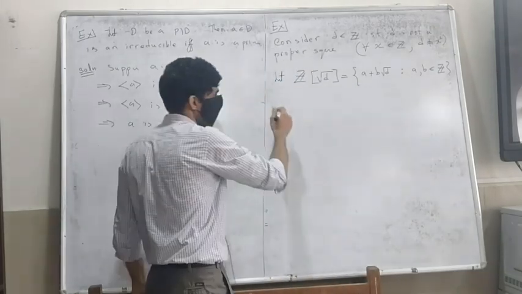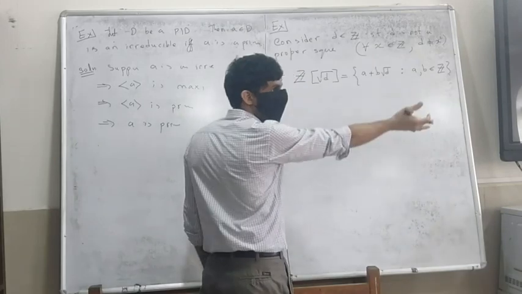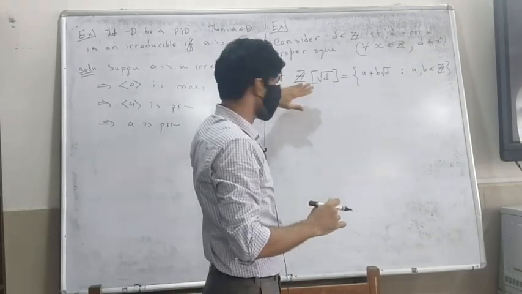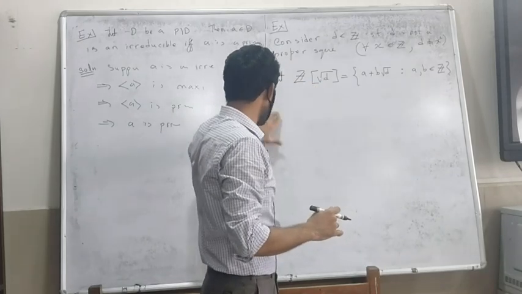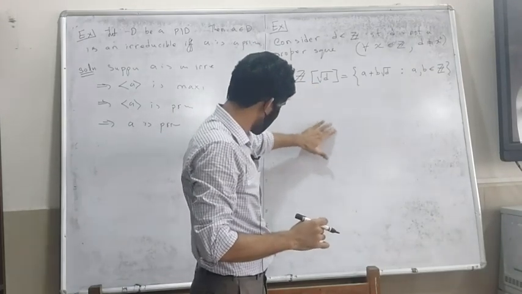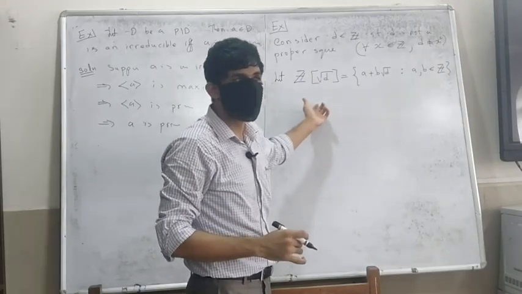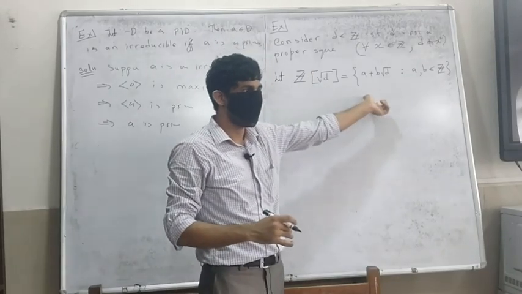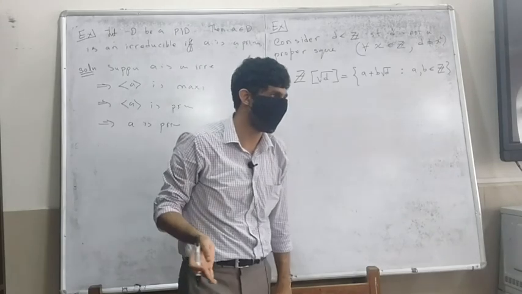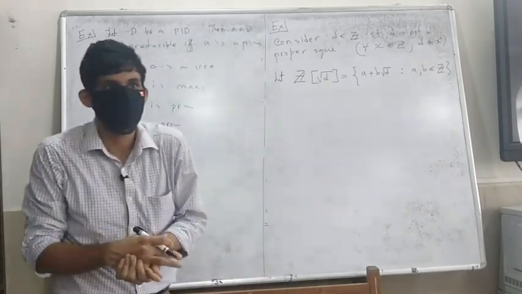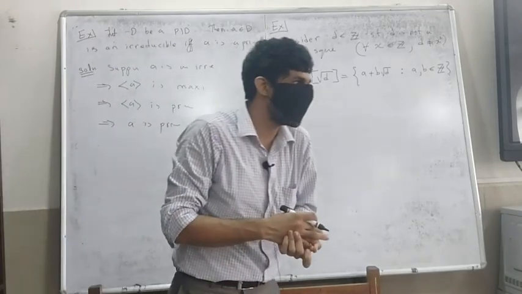Anyway, let me not do that. You can look at this as a subset of the complex number space. So this is an integral domain, and how do I prove it's an integral domain? It's a subset of a field. C is a field, right? To prove that a subset of a field is an integral domain, what do I actually need to prove?